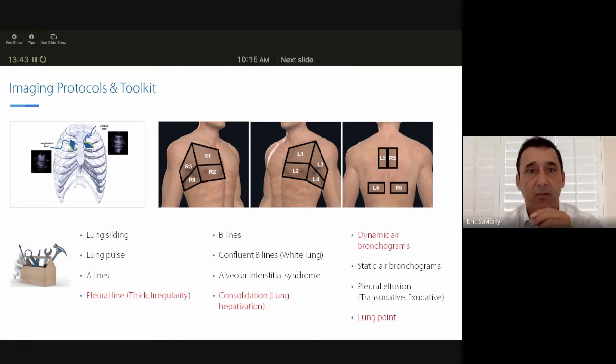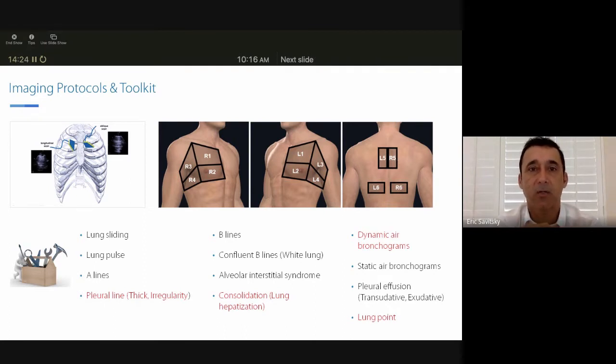Conversely, if you actually take the transducer and you rotate it into a transverse oblique plane, and you actually scan in between the ribs along the intercostal space, and you can actually trace it out laterally as well as posterolaterally, there all of a sudden the sensitivity went up to 96%. And many times I'll use a combination of both approaches, and the more you can do that, the more sensitive ultimately your examination is going to become. So really important to appreciate the different planes that you can scan, and if you don't do that, invariably you'll miss your occasional smaller